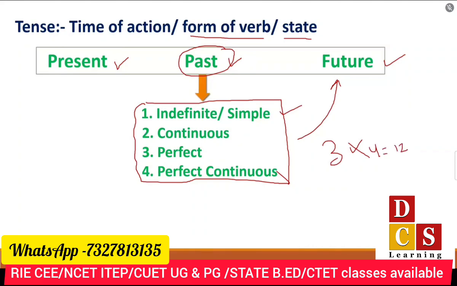Yes or no? 12 varieties of sentences, or how to express the sentences, or which action has to be represented in which type of